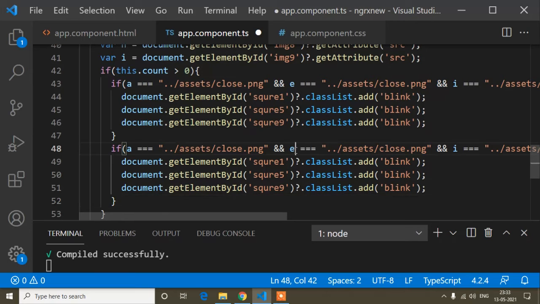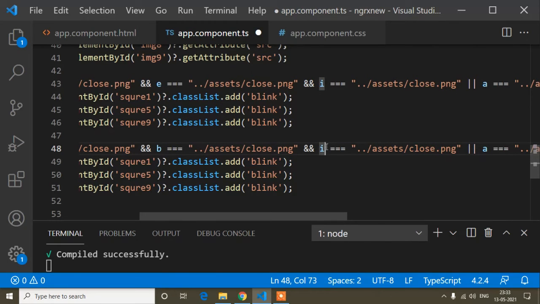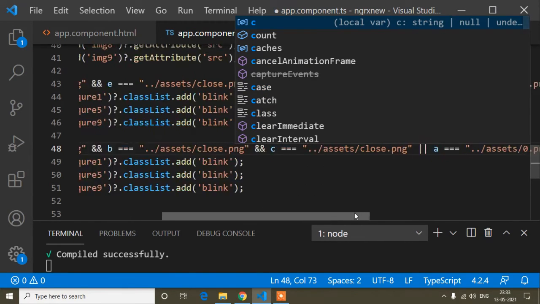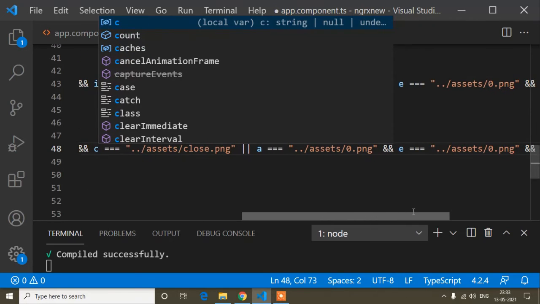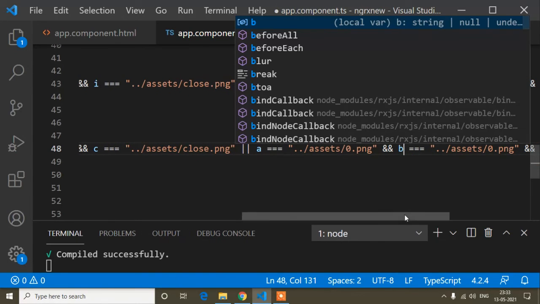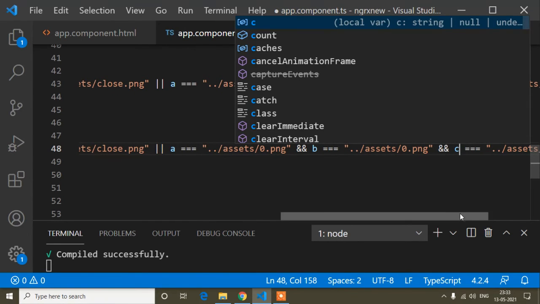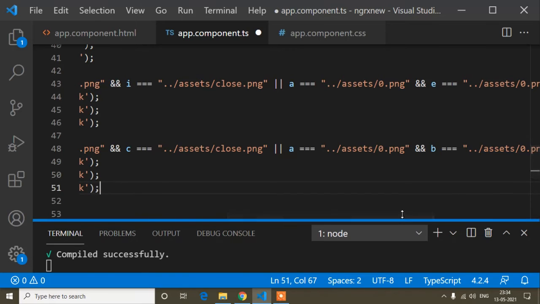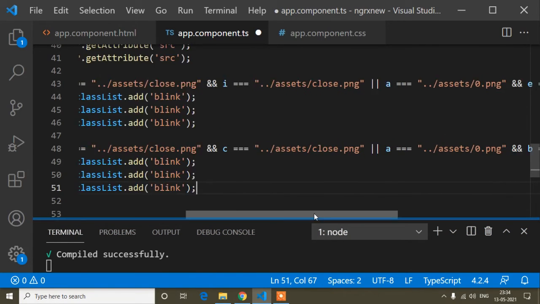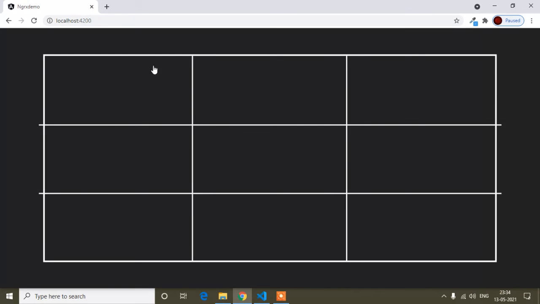So A, B and C, and here also A, B and C. Okay, so this one A, B, C, and A, B, C means the square ID is 1, 2, 3.